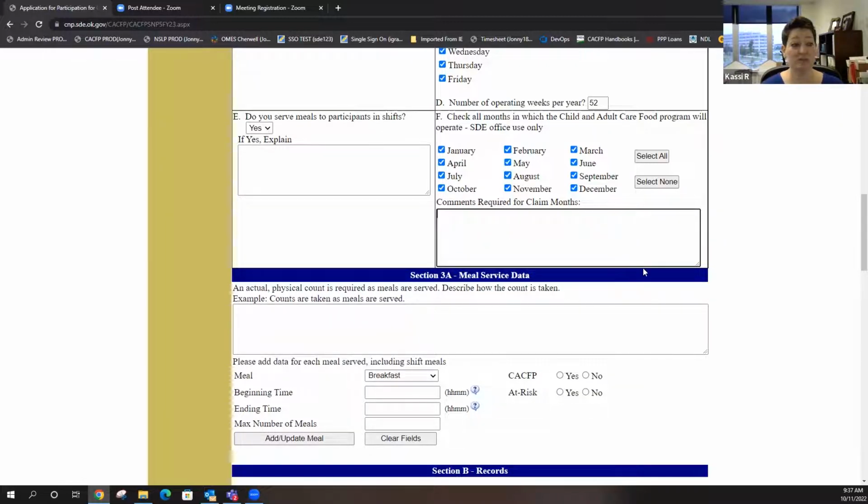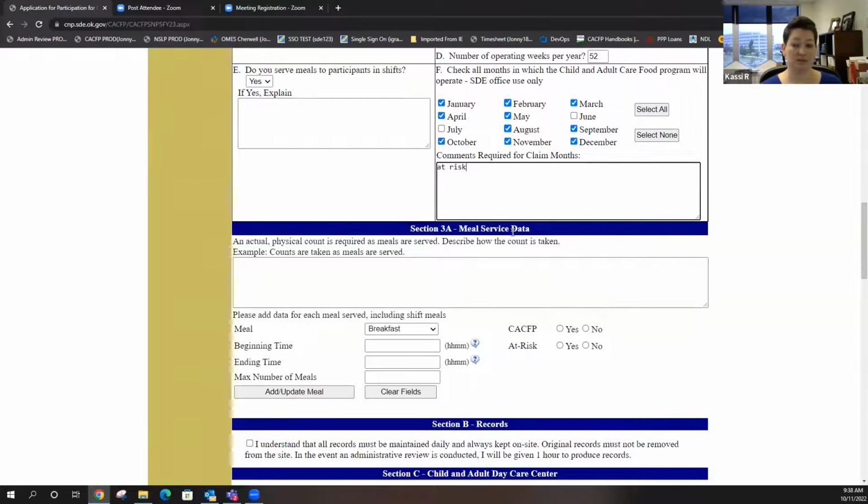So if you are just a regular run-of-the-mill daycare and you're doing regular CACFP, you're eligible for all months. And you won't see these comments either, but I'm typing something in here because it won't let me save if I don't. If you're an at-risk, we'll take away June and July because you can't operate when school's not in session. If you ever go to claim and it says you're not eligible for the month, it means one of these months isn't checked, and you need to give us a call and see what's going on.